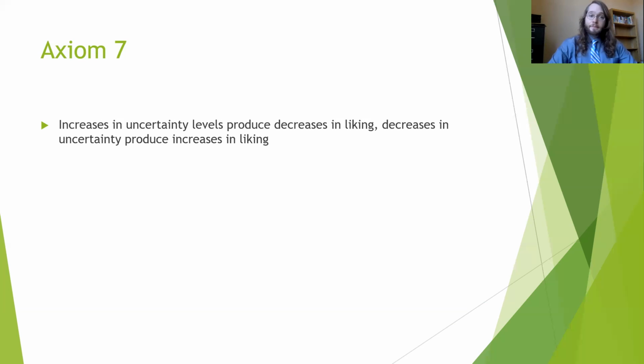The 7th axiom refers to the idea that if you are less certain and know people not as well, you tend to like them less. And that we like people more when we are less uncertain around them. For instance, even if you're not the biggest fan of some of your coworkers or people you spend time with, there's a good chance the more time you spend with them, the more you like them because you at least start to know who they are.